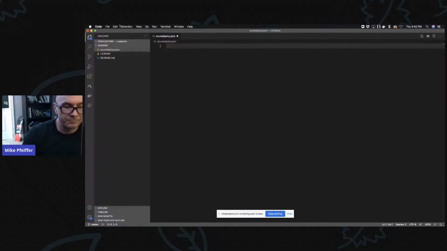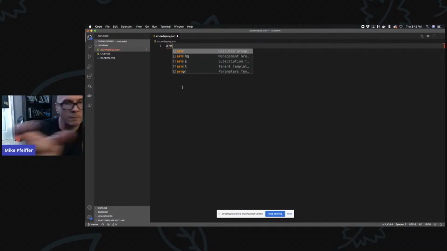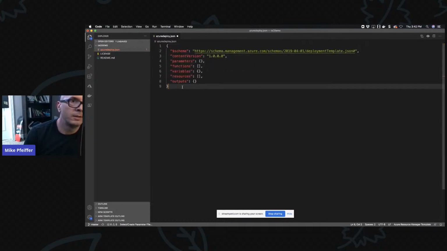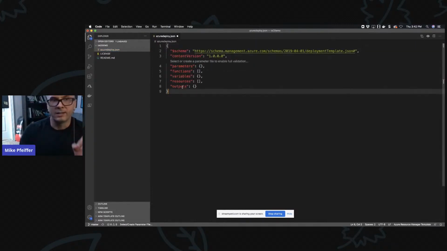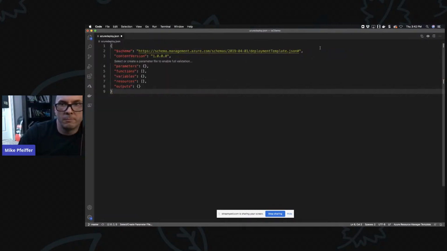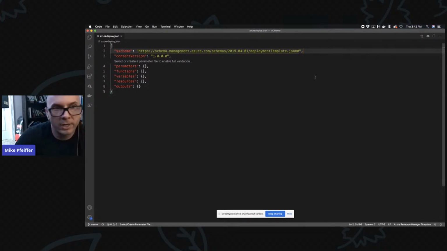Let me delete this. What I'm going to do here is use that ARM tools extension. One of the things it allows you to do is use this keyword ARM to stub out a blank template. So watch, I just typed ARM there, I hit tab, and this gives us the structure for a very simple template. And you'll see this in other infrastructure as code systems, very common. Number one, there's a schema reference to a deployment template from Microsoft that just sets up what we can do in this template.